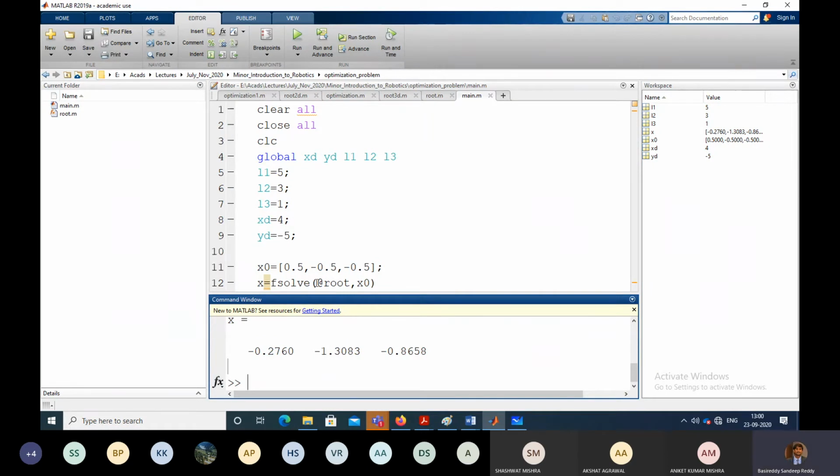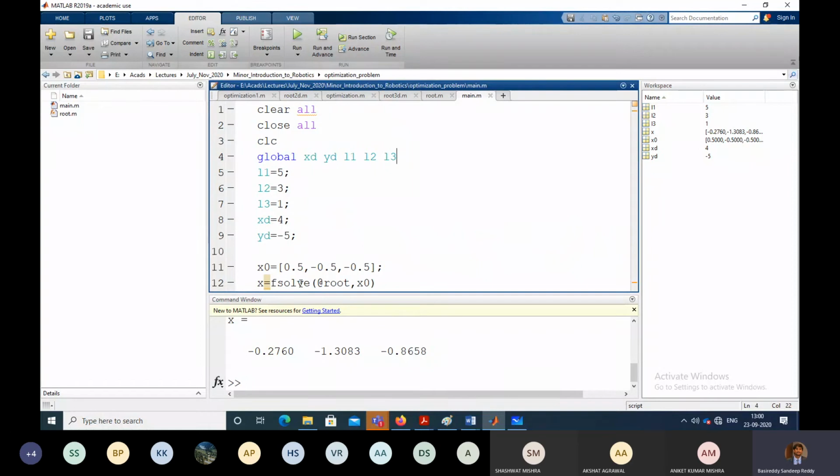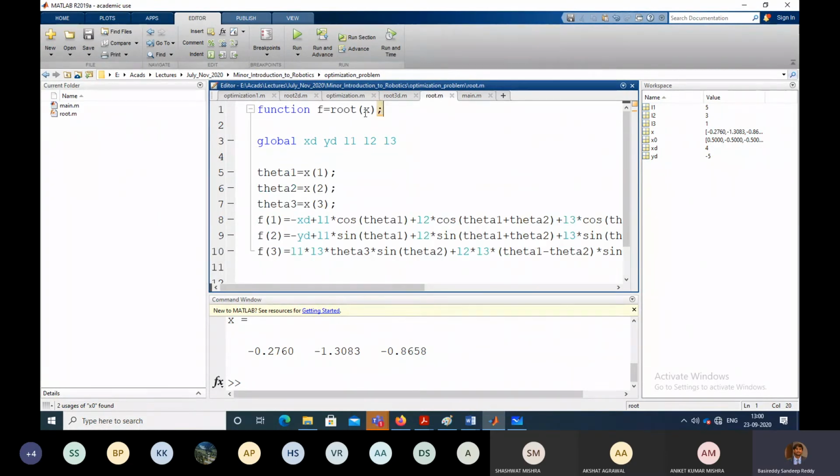So what this command is basically doing is it is calling this function root, and it is giving an input. This fsolve is the function file to be called, and this is the initial guesses which we are giving as input. The initial guesses of theta1, theta2 and theta3 are being given as input, along with the function vector that comprises these three equations that have to be solved based on these initial guesses, right?